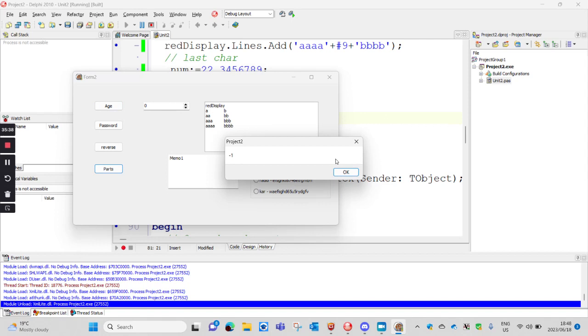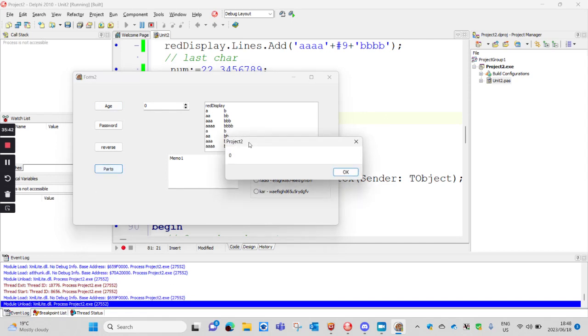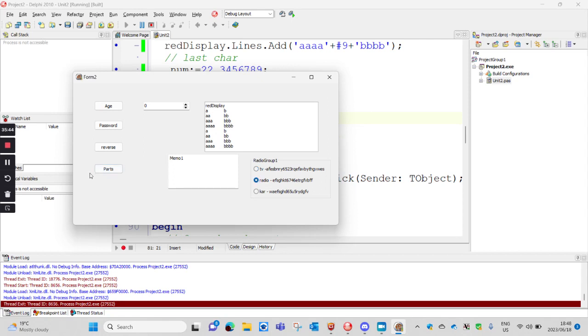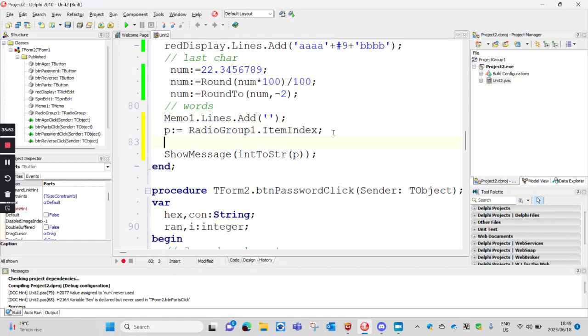So -1 is if nothing is selected. But if I select the first one, you'll see I get 0. If it's that one, it's a 1. If it's that one, it's a 2. So by doing this, you can now just go and say if